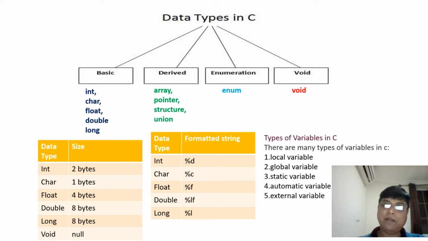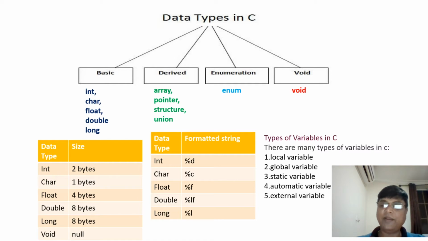Suppose I declare a variable in the main function; throughout the life of the main function, till the end, the variable can be used. But if within main you have another function, then that variable is different from the local variable of that other function. So a local variable is used only within the range of its function. What does global mean? I can declare a global variable once, and any function in the program can use it. Or I can use an external variable, which can be accessed from outside the program. So you have one program, and another program can access the information.